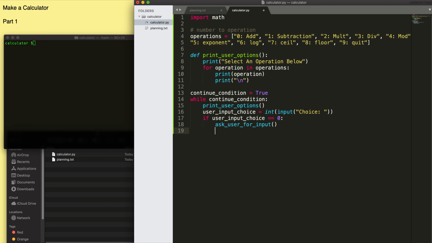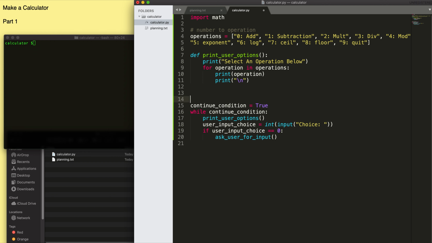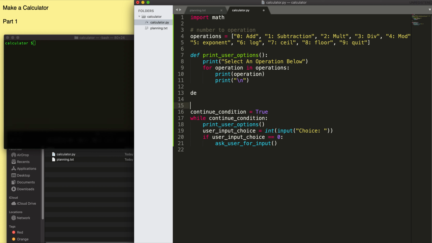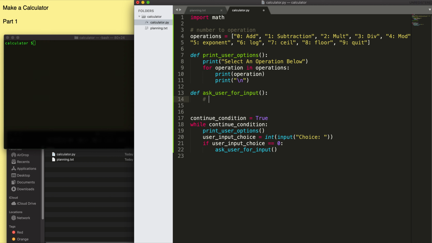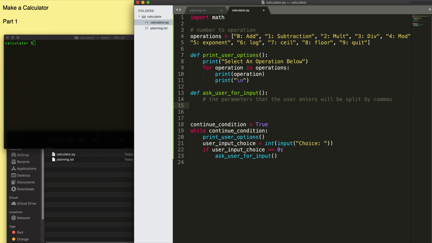That'll be some function. And so let's actually write this whole thing out right now. So def ask the user for some input. And I kind of defined in the last video in my planning document that the parameters that the user enters will be split by commas. So if I say multiplication, well, what do you want to multiply? Well, I want to multiply 5, 4, and 3. Then I'm going to specify like this by